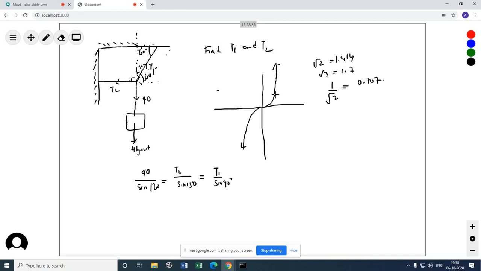Sir, T1 I am getting 46.24. 46 will do. You have taken 10, no? Yes, sir. Okay. And T2? T2 I am getting 23 point something. So for T1 I am getting 46 point something, and for T2 it is 23 point something. Yes, I'm also getting 23.12. Will do. Right, fine. May I proceed?